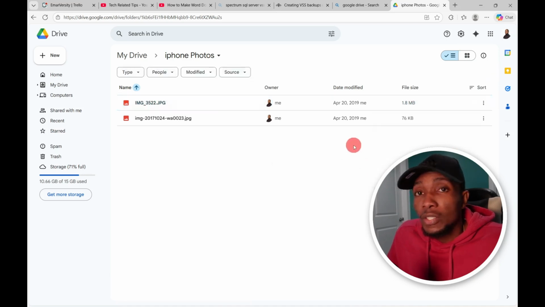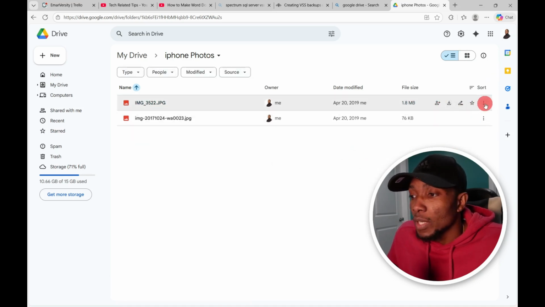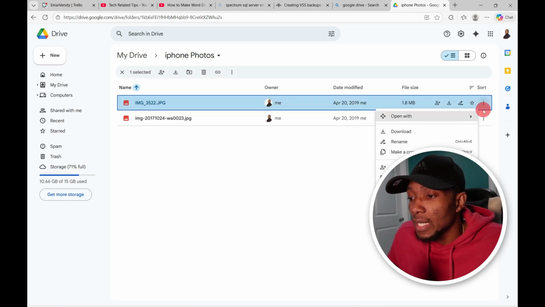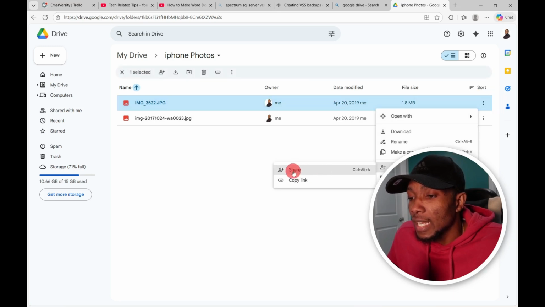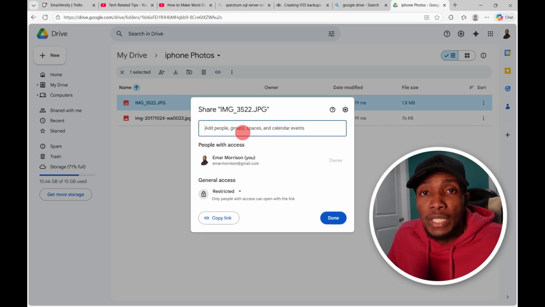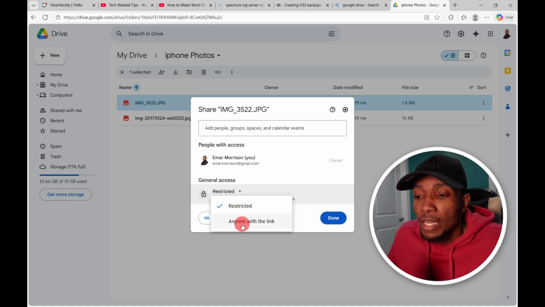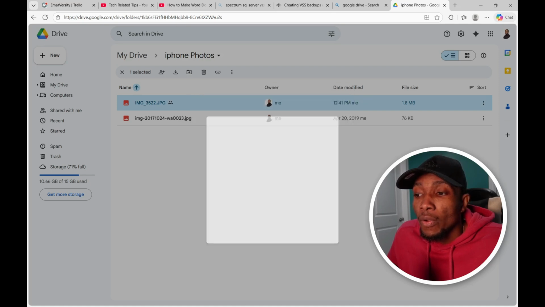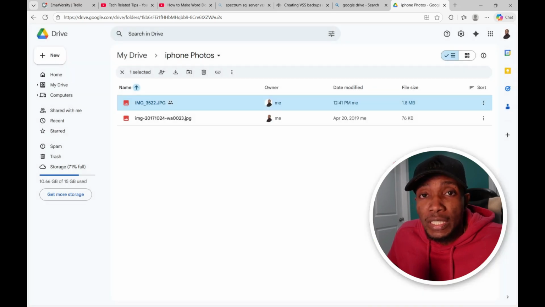You can also share the image directly with someone by selecting the menu action icon again, select share, and then select share. Here you'll have the option to add the person who you want to share the photo with, right? And then you have the option to select between restricted or anyone with the link. Now with the first option of just sharing the link, anyone who has that link will be required to request an